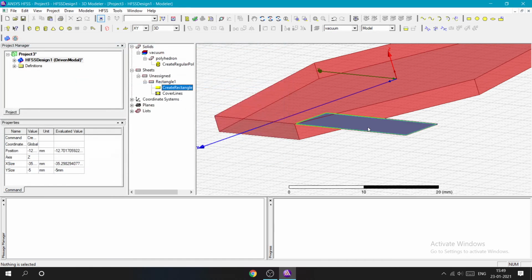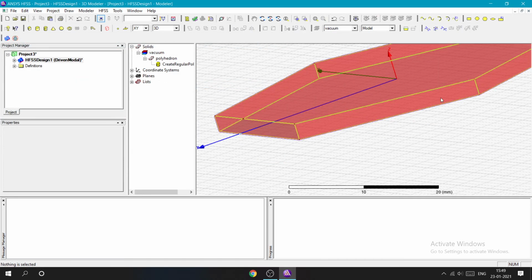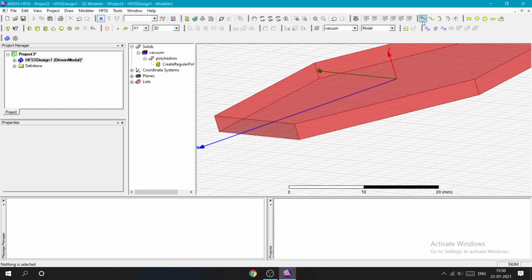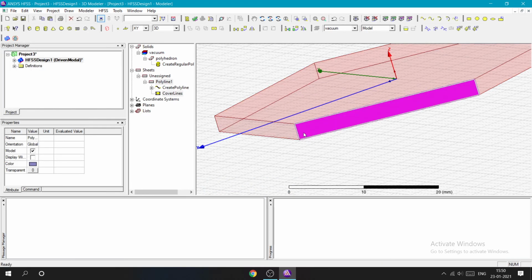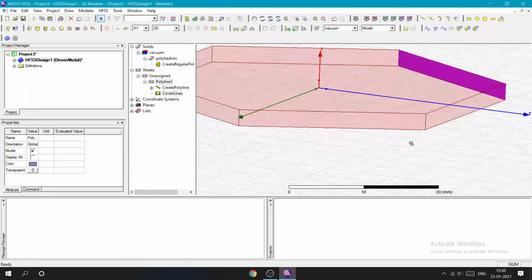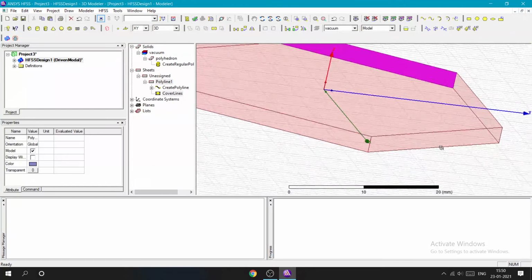So rather than doing that, what you can do is use a tool called line, draw line. Just select the points wherever you want. After selecting all the vertices of the rectangle, just click again, so it comes back to the initial position, and double click.